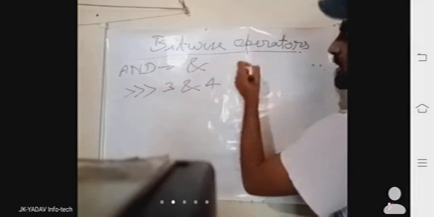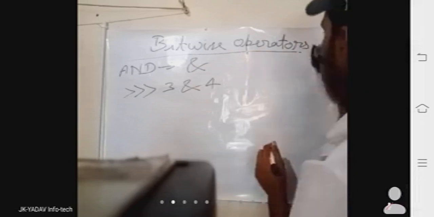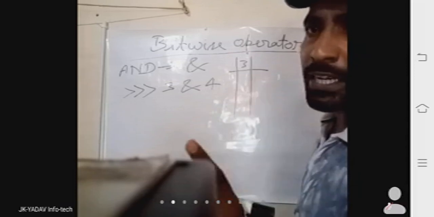To find the result, first you have to find the binary of 3. What is the binary of 3? Let us find the binary of 3. I hope you all know how to calculate binary. If you don't know, kindly see here. To find the binary of 3, let us write 3 and divide it by 2. Divide the decimal number 3 by the base of the binary number, that is 2. If you divide any number by 2, you get the remainder either 1 or 0.